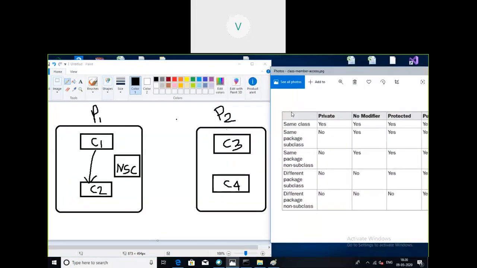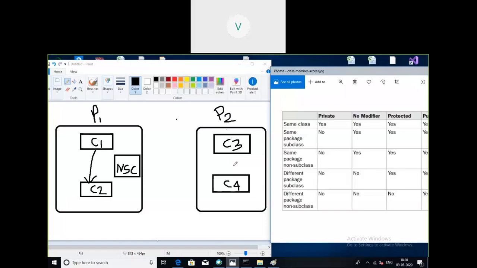The third type of access says there is a class which is present in a different package, but it is a subclass.